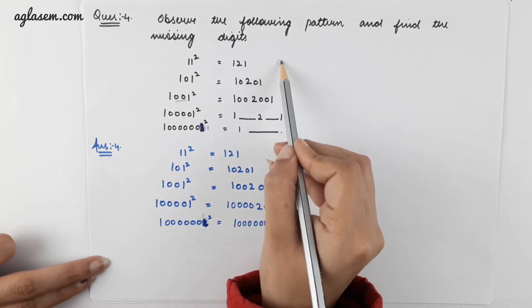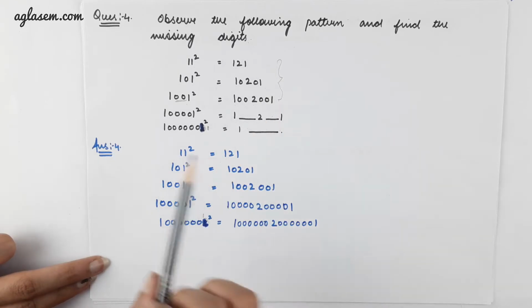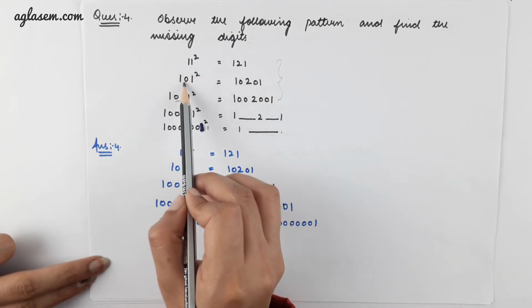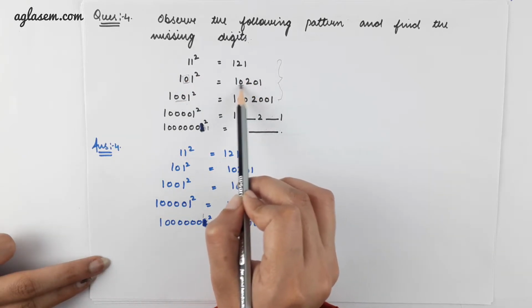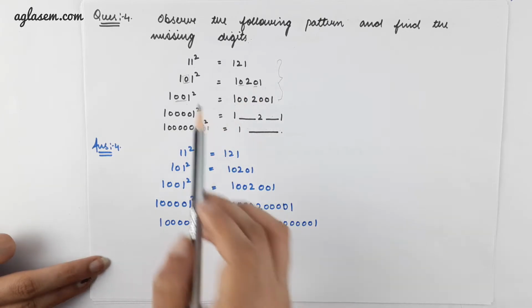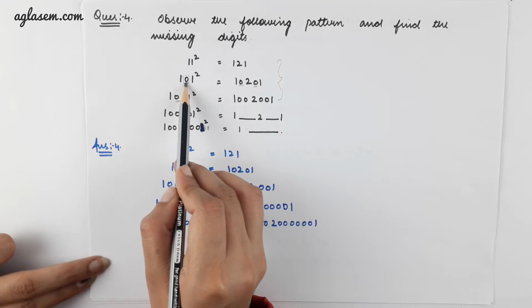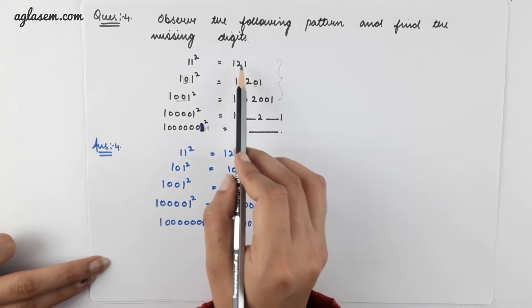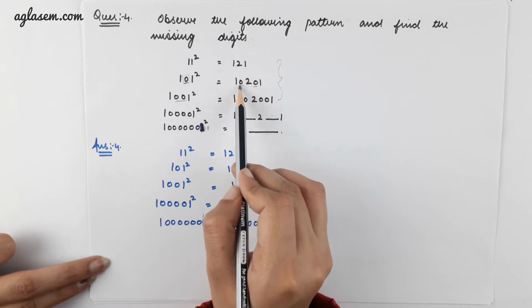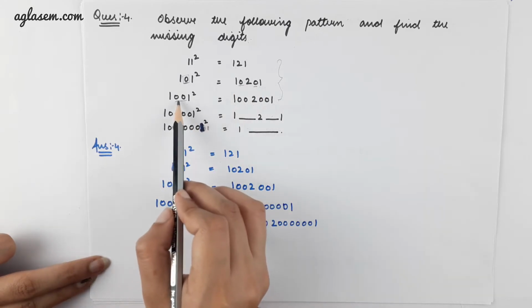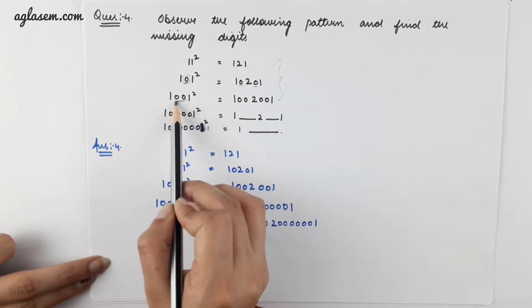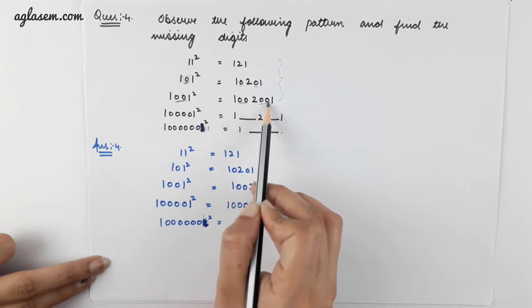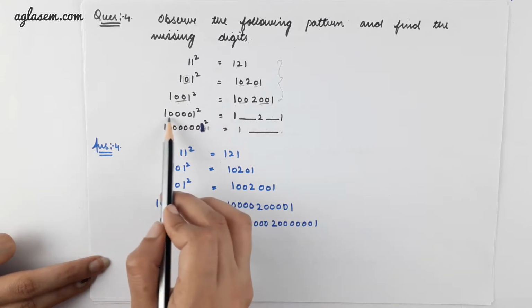1002001. So, observing the pattern in these three, we can see if we are adding a 0 in between the number, then in the answer also we are adding a 0 in between the number. Can you see? If one 0 is added between 11, then similarly we have added a 0 between 1, 2 and 1. Similarly in this case, 1001, here 2 zeros are added. Similarly, 2 zeros are added between the digits of the initial number. So, what will be the answer for this question?